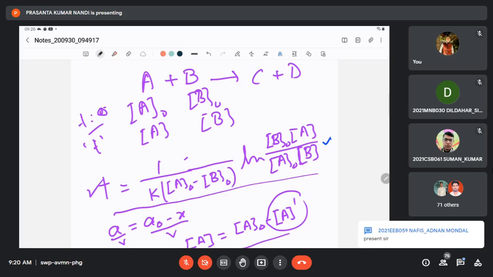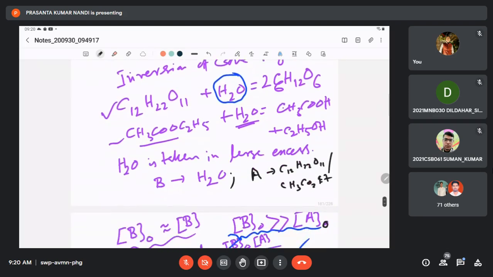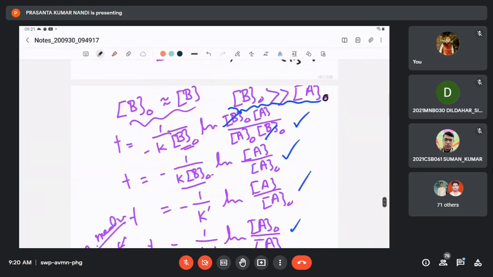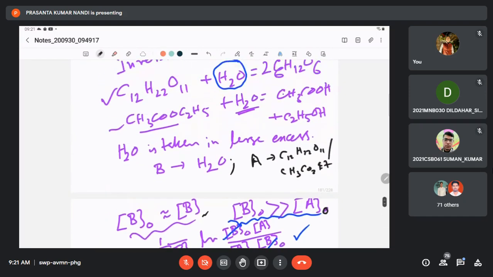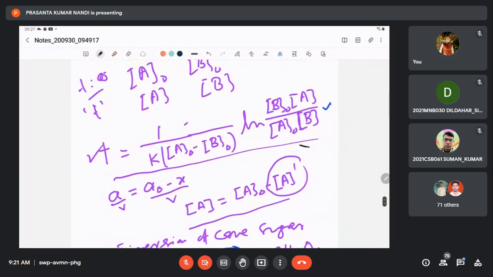Okay. So based on the assumption, can we write the general integrated rate equation for second order reaction, that is minus 1 upon k B0. Why? Because B0 is large excess compared to A0, so we ignore A0. So that's why we can write in the first part minus 1 upon k B0. And in the logarithmic part, since B0 is in large excess compared to A0, B we can take as if B0, this assumption. So instead of B in this equation, we put B0.